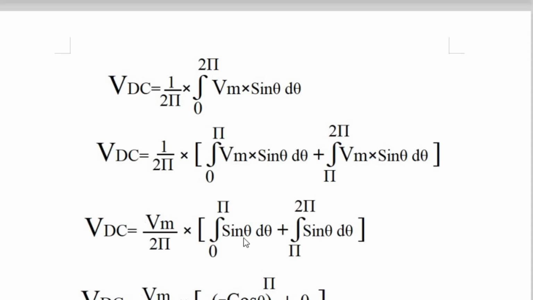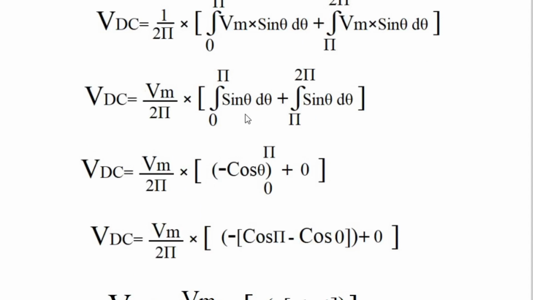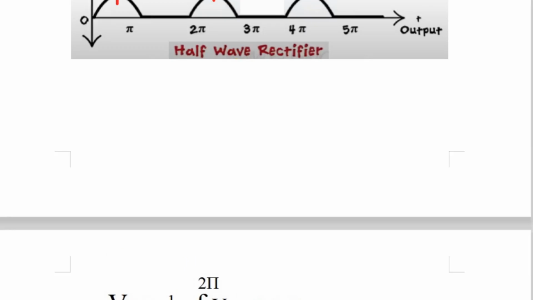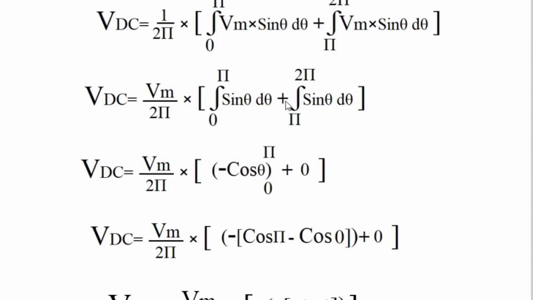Now all of you know integration of sine x is minus cos x, and here 0 to pi will be your limit. Upper limit minus lower limit we will do. Now you will understand why the second term we have written as 0? Because from pi to 2 pi, no current flows through RL. So voltage is 0. Therefore, we have written here directly 0. And if you solve this, again you will get the answer 0 only. So we will not waste time in solving this pi to 2 pi, because we know that the current is not flowing during negative half cycle.